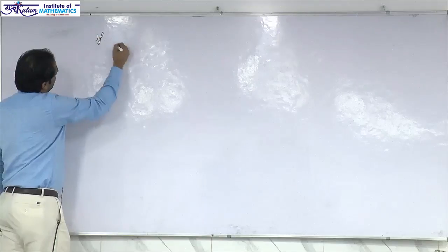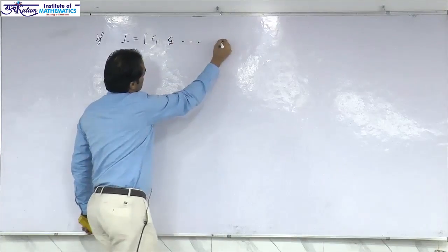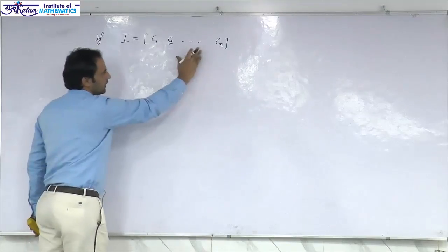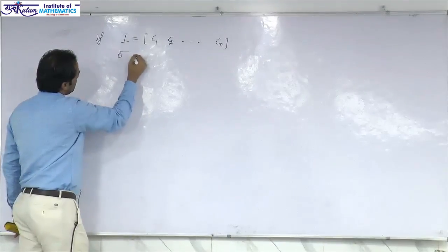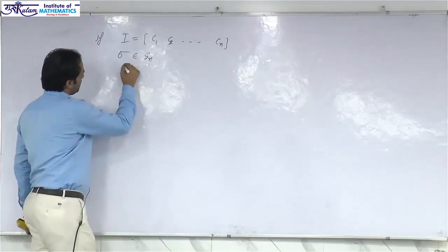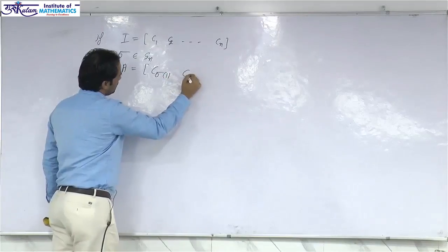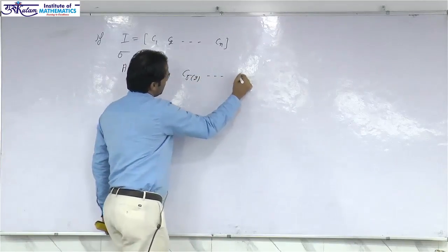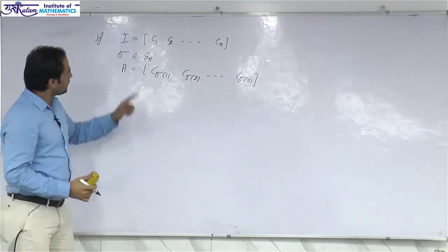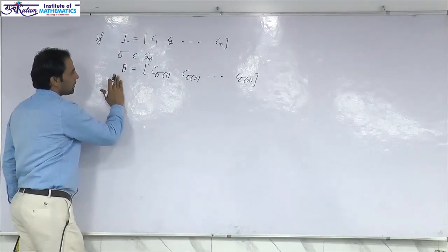If I is the identity matrix, say with columns C1, C2, ..., Cn, so I is the identity matrix which is an n cross n matrix, and sigma is any permutation belonging to Sn. Sn is a permutation group. Then a matrix A defined as C of sigma 1, C of sigma 2, ..., C of sigma n. That is, we are obtaining a matrix by permuting the columns of this identity matrix. So, this matrix A is called a permutation matrix